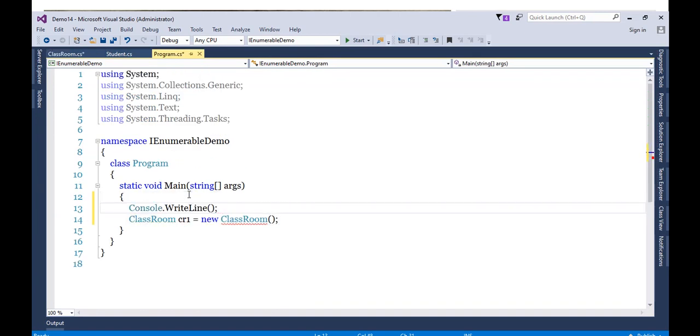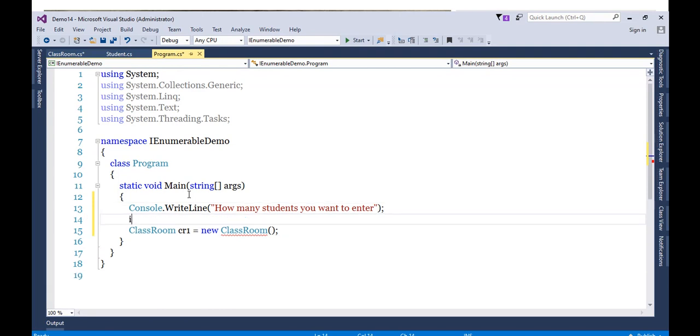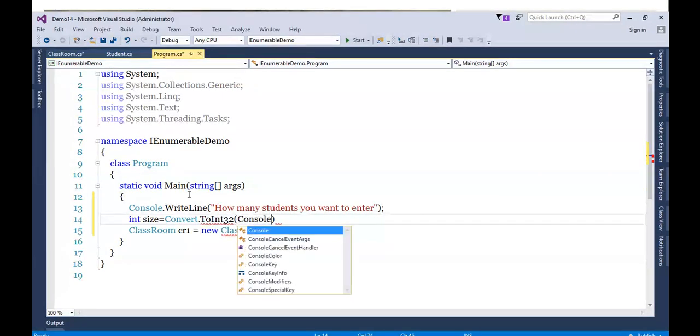So I will write Console.WriteLine, how many students you want. And we'll accept this size from it. So int size equals Convert.ToInt32(Console.ReadLine()).